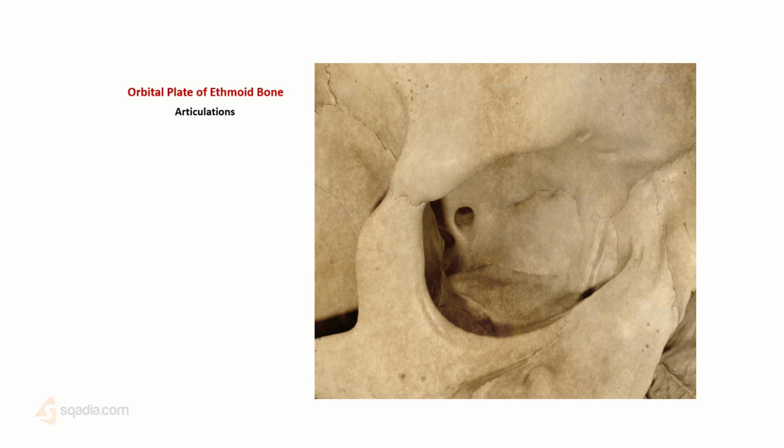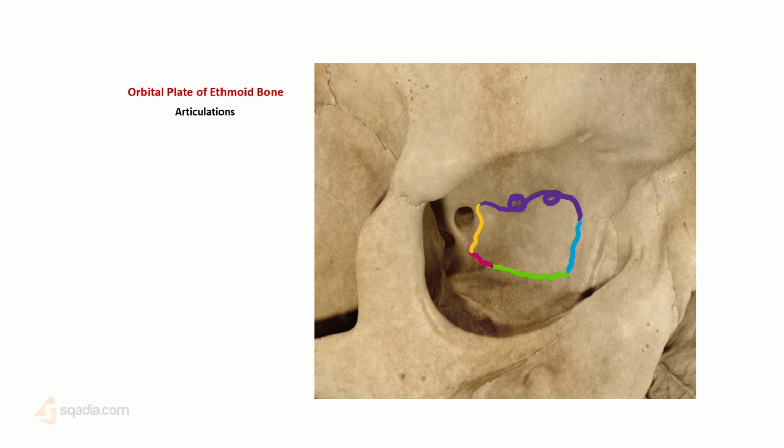The ethmoid plate of the medial orbital wall articulates with the frontal bone superiorly, the lacrimal bone anteriorly, the maxillary bone inferiorly and anteriorly, the palatine bone postero-inferiorly, and the sphenoid bone